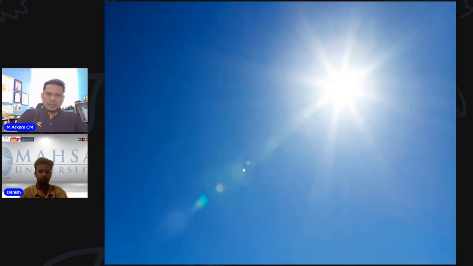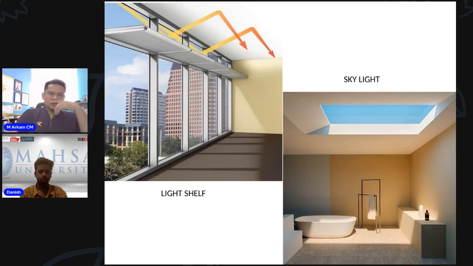Okay, some of the strategies we use are the light shelf or skylight, but be careful. By using a skylight, basically you also invite the heat to come in. So there must be a strategy for how to remove the unwanted heat from the useful light. There are a lot of strategies that can be imposed. One of them is we can put two layers of glass, and you can also put a glazer, I mean a reflector, just to minimize the impact of direct skylight. But it can be designed, it can be done.